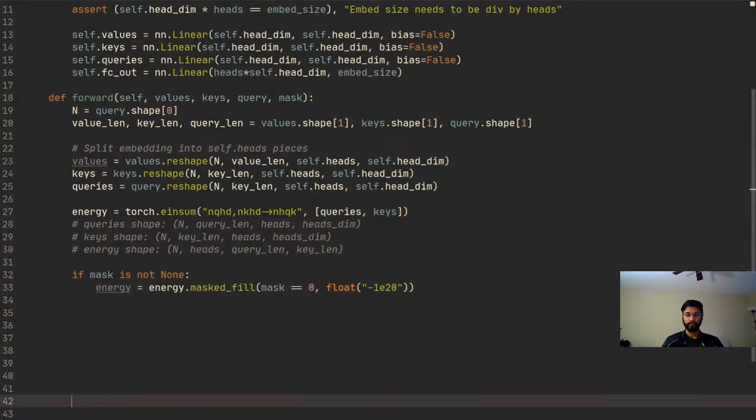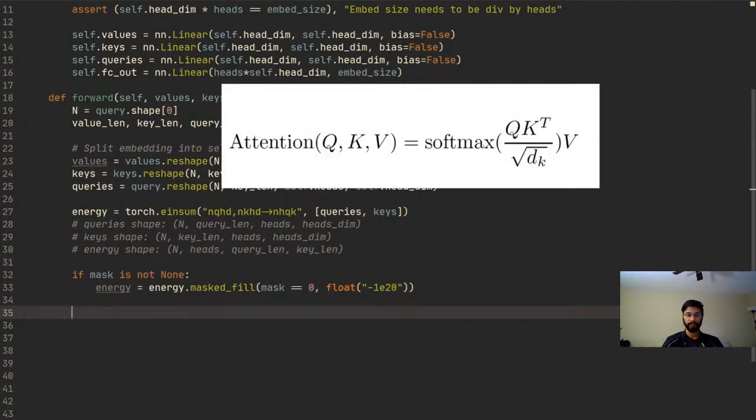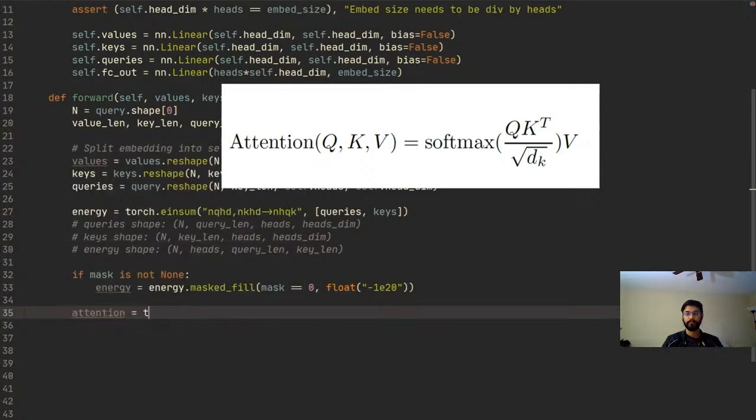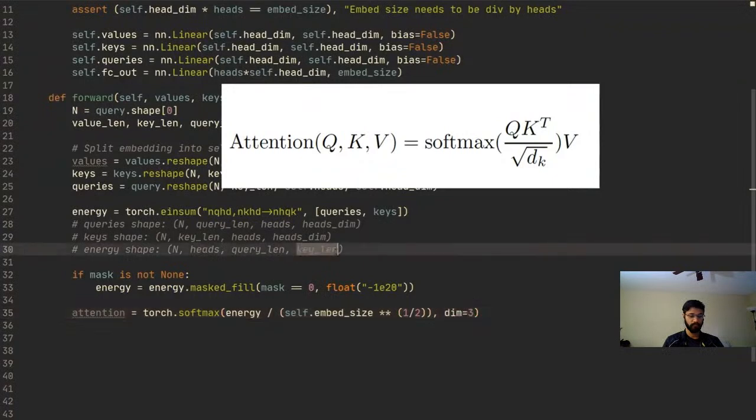And so let's see what's going to happen. We're going to run this through a softmax now. When we have those essentially minus infinity, they're going to be set to 0. So we're going to do attention now, and we're going to do torch.softmax of energy, and then we're also going to divide it by the square root of the embed size, just for numerical stability. So we're going to do raised to 1/2, and then dimension equals 3. And this means that we're normalizing across the key length,